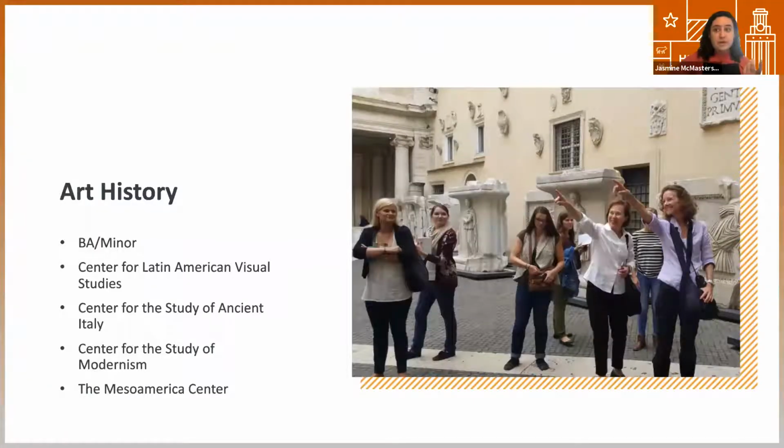Moving forward, we also have art history. So art history is, as you can kind of assume, the study of art. We come at it from different approaches. So it's not just the study of like ancient art, but also contemporary art, modernism, that kind of stuff. We have lots of centers for study attached to this major. So that can kind of give you a little bit of insight into the areas of focus that this major